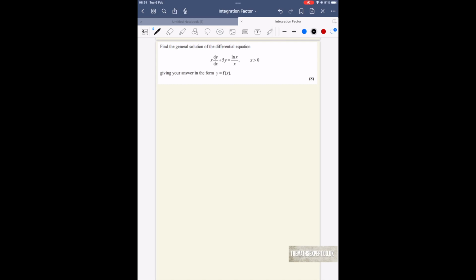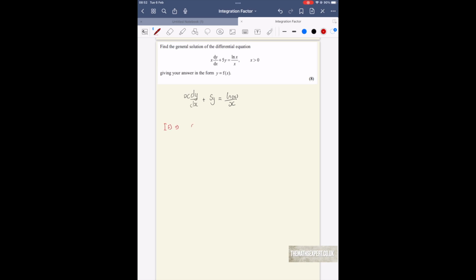Right, so we've got a question in front of us, and it's actually to do with integrating factor. Plus 5y equals ln of x divided by x. Brilliant. So first things first, we need to understand how the integrating factor looks. There's a specific way you've got to design your differential equation for the integrating factor to work. And it looks like this,